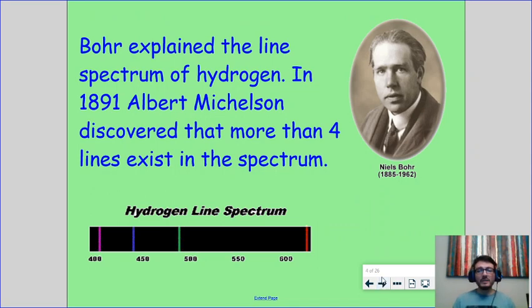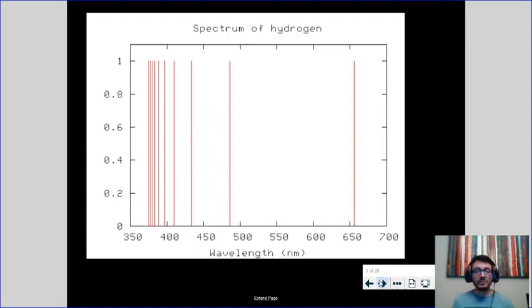So what Bohr did, as we saw previously, Bohr found that there were 4 lines in his hydrogen line spectrum. But with the improvement of observation techniques, it was discovered that there were actually more than 4 lines. Right, so look at all these lines here. So Bohr was missing something. We already talked about how